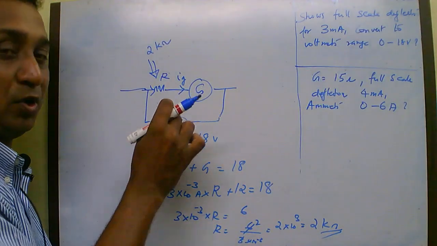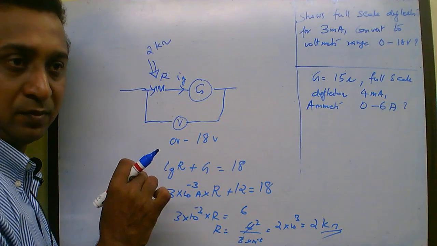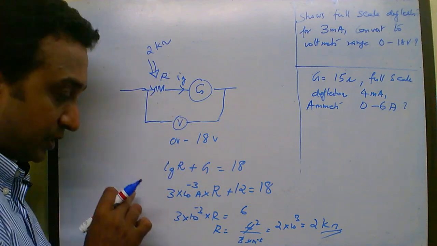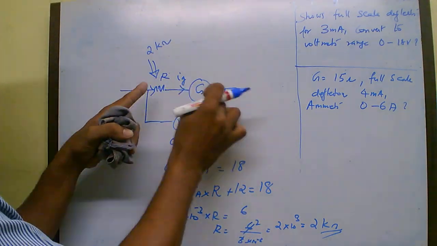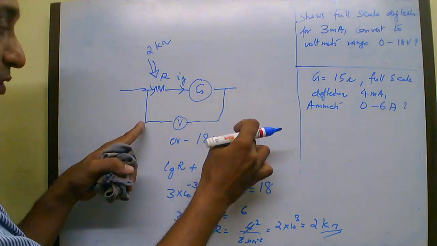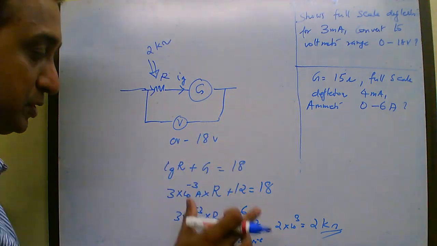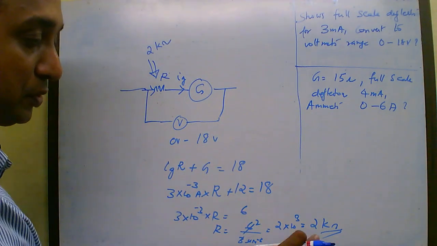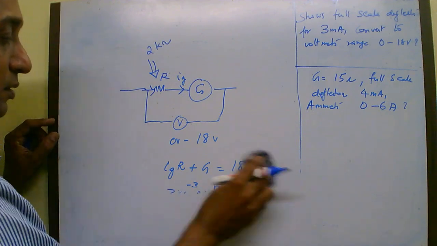So I should provide a high resistance across it. Its value can be calculated like this, because the drop across the resistance plus the drop across the galvanometer is what I want to measure, the maximum value which I want to measure. So we will get the R value equal to 2 kilo ohms. Now the same logic,